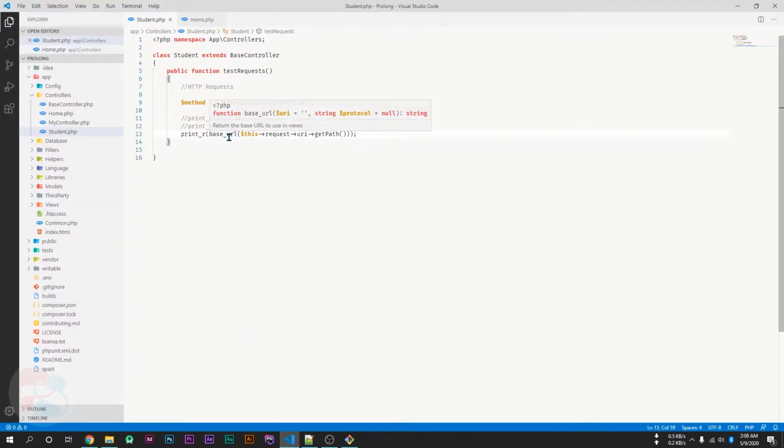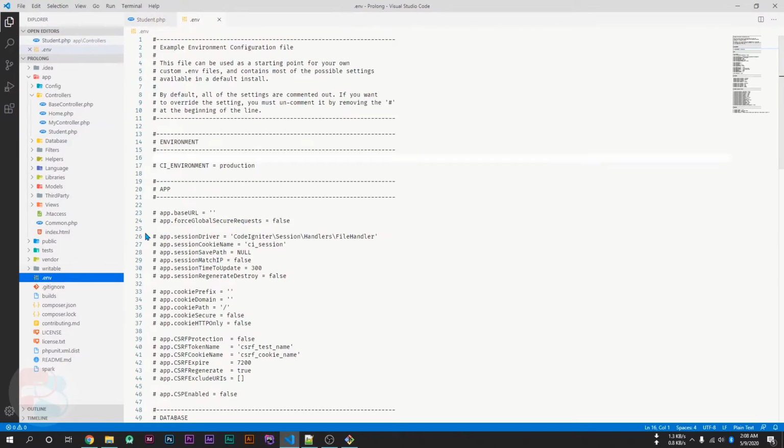To customize your base URL, go to your .env file. If you don't have a .env file, then you may have an env file in your project's root directory. Just rename that file from env to .env and go to the app section, and there will be a variable named base URL. So uncomment this line and use your custom base URL.